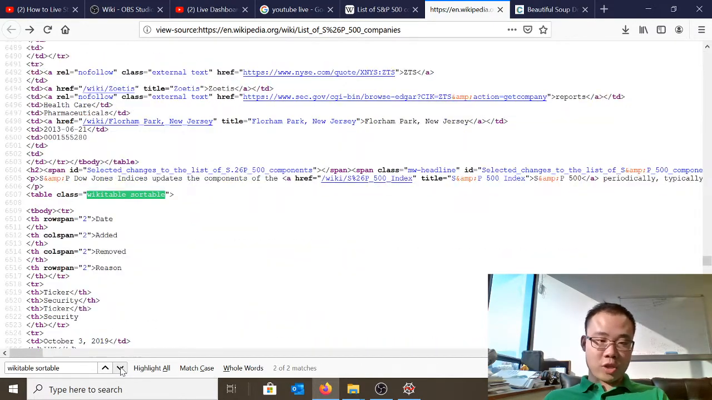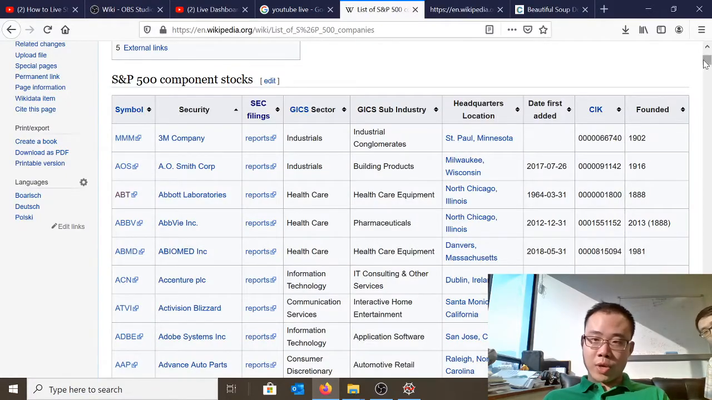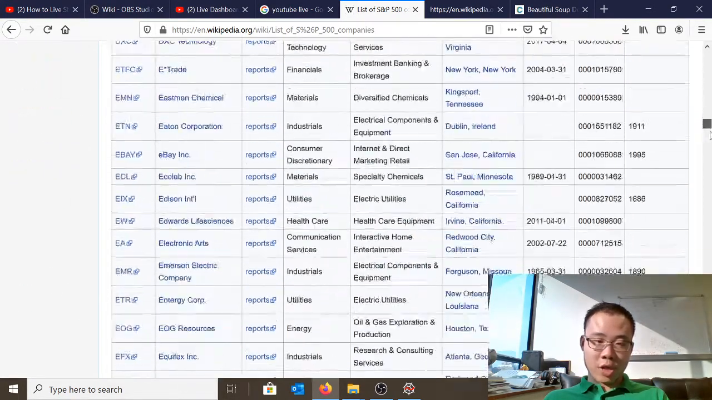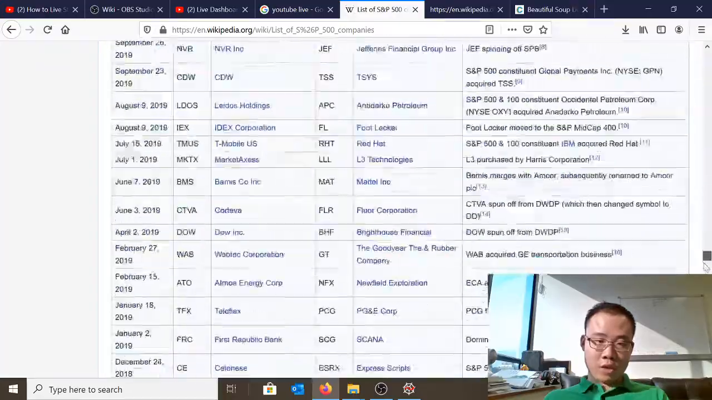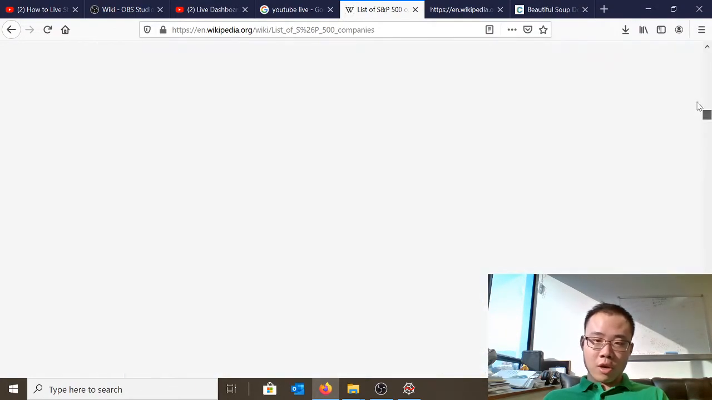you see, we have two tables with a class of wikitable sortable. So that means that we have two tables here. The first one is the S&P 500 component stocks. The second one is this one, the list of S&P 500 component stock changes. So